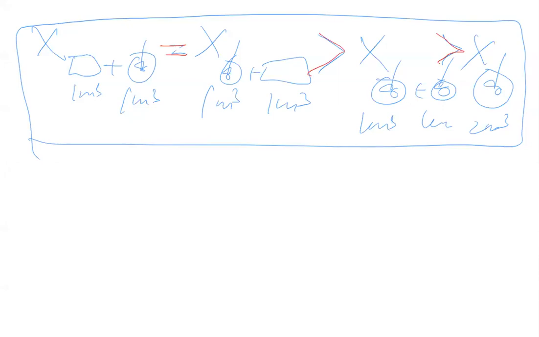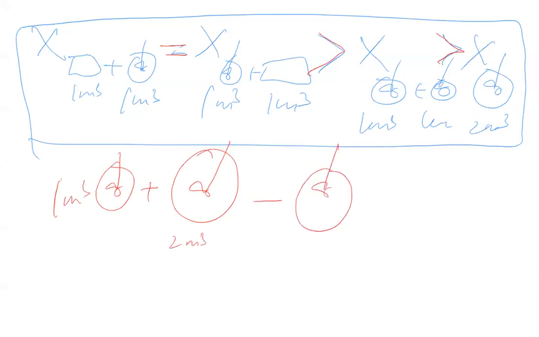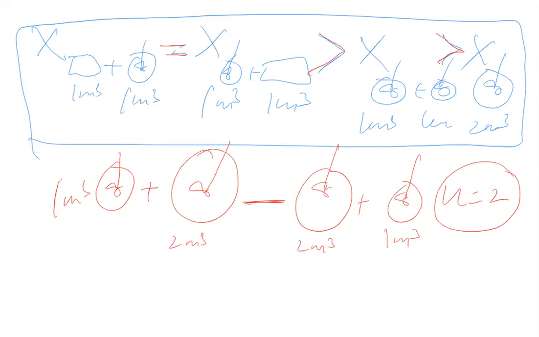Now, can you answer this question? Let's say I have a 1 meter cube CSTR followed by a 2 meter cube CSTR, versus a 2 meter cube CSTR plus a 1 meter cube CSTR. So, for n equal to 2, what is the sign here? Is it greater than, less than? For n greater than 1 you should put a small CSTR followed by a big CSTR. So this should be greater than. So this system will have a higher conversion than this particular system.